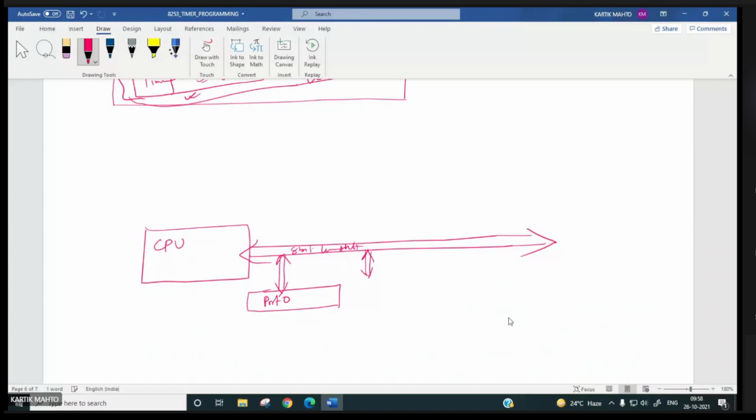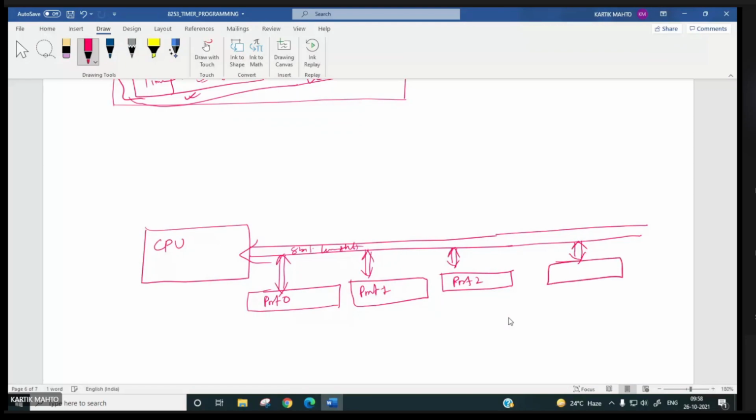Another register we can have, only 4 registers we are increasing: port 1, port 2, port 3.